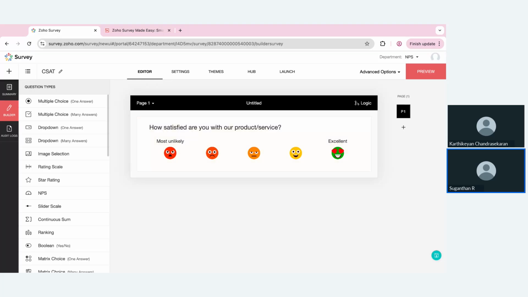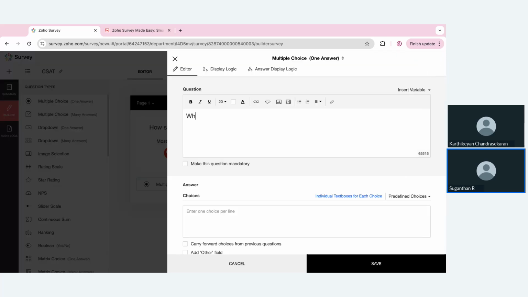As simple as that. Now, maybe you want to have a multiple choice question. You have two options. One is like one answer where they can just select one choice, or many answer like they can select more than one choice. So what did you like the most